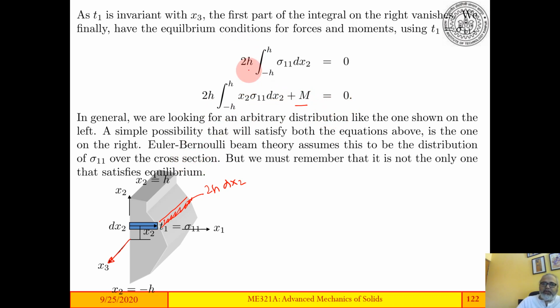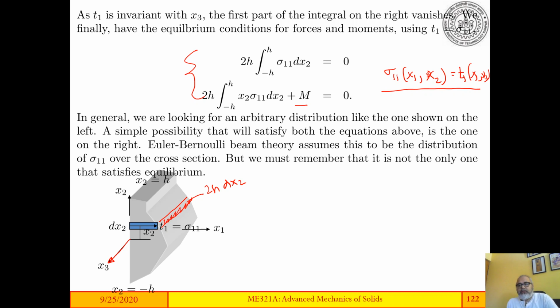So we are looking for an arbitrary distribution, which is arbitrary to the extent that it's not a function of x3 that we have assumed already, but we are looking for an arbitrary distribution of x1, which is equal to T1 in this case. We are looking for an arbitrary distribution that satisfies these two equations, the moment balance and the force balance. Obviously, there can be many such distributions. However,